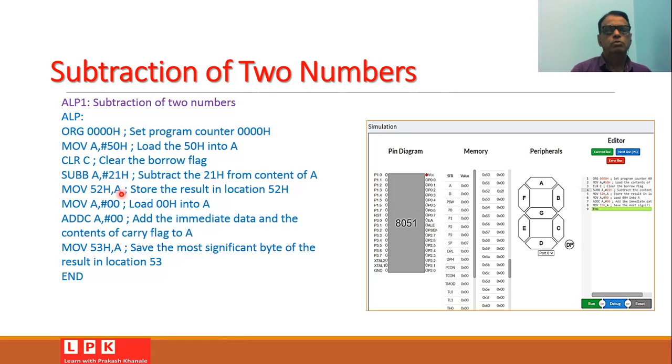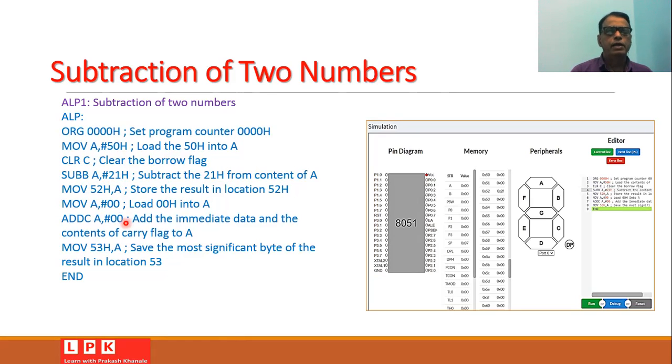And then we will move the result into the location 52H by using this instruction, MOV 52H, A. Then we will load into the accumulator 00, and we will see if any borrow or carry is being generated.